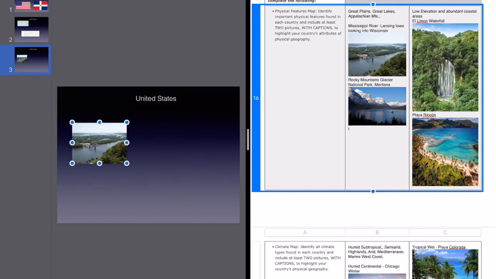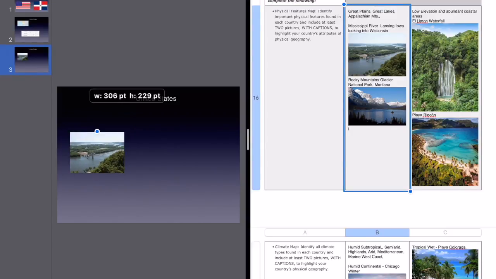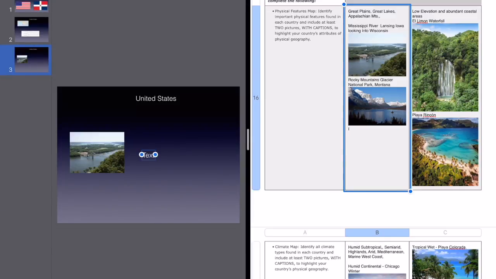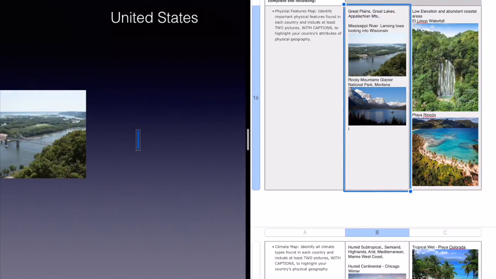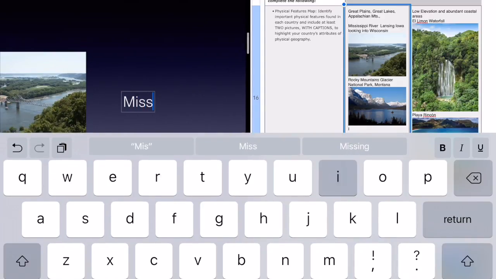And what I want to make sure that I do is label that. We don't want to see any pictures just put in as a collage. The whole key to this is understanding a little bit more about your country's basic features. So if I want to label this, I can go to the plus button. I can add text. And I'll just make this a little bit bigger so we can see it. And I'm going to write, this is the Mississippi